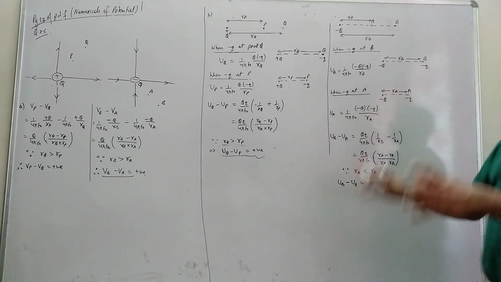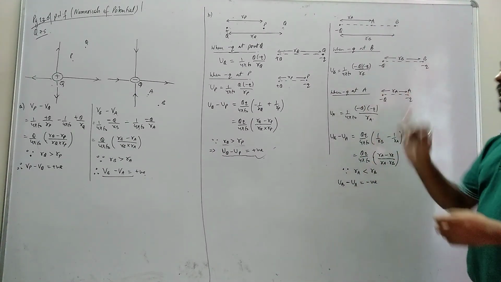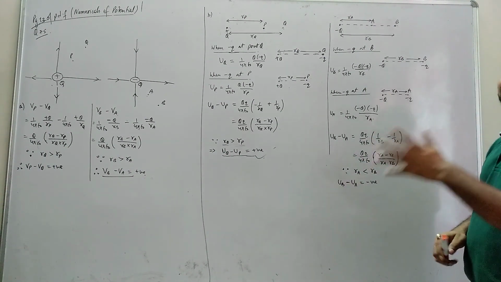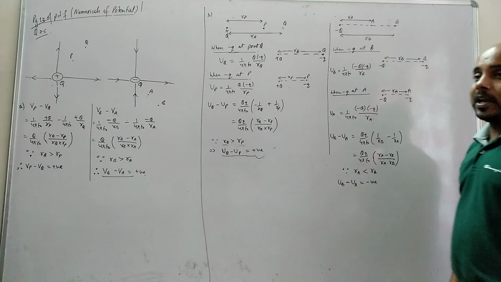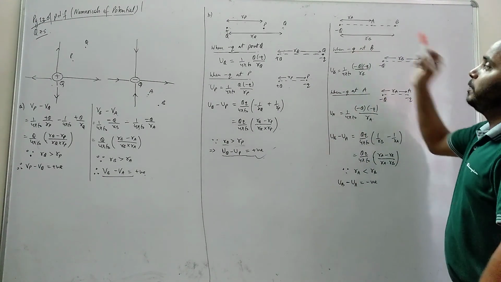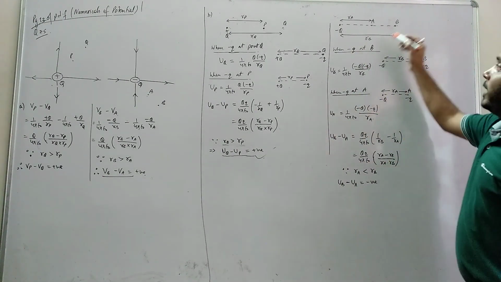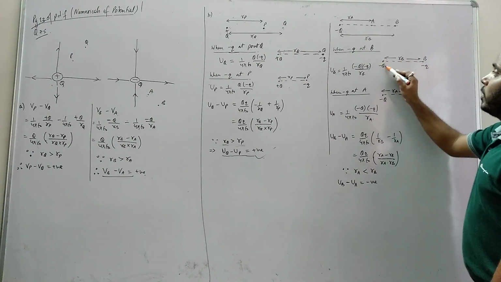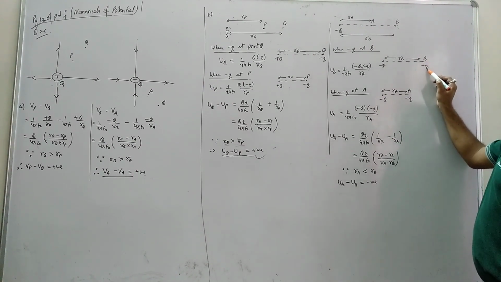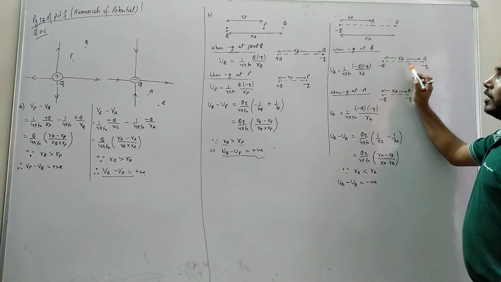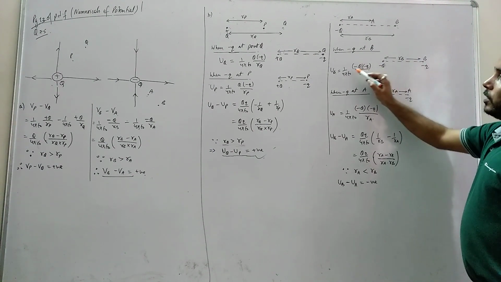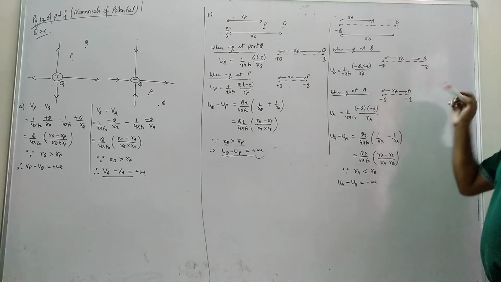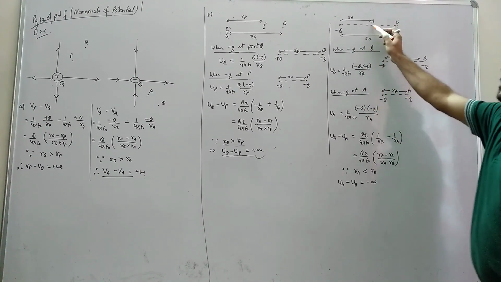Now similarly, the second part: what is the potential energy difference when a negative charge is shifted from B to A? First I keep the negative charge at B. Now I am making this figure separately here. At B we are putting a minus Q charge. The distance is RB. Again find the energy of this system: 1/4 pi epsilon, Q1 Q2 by distance.